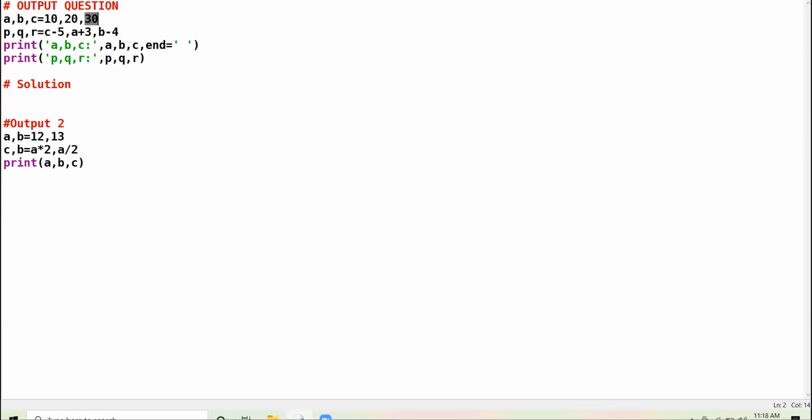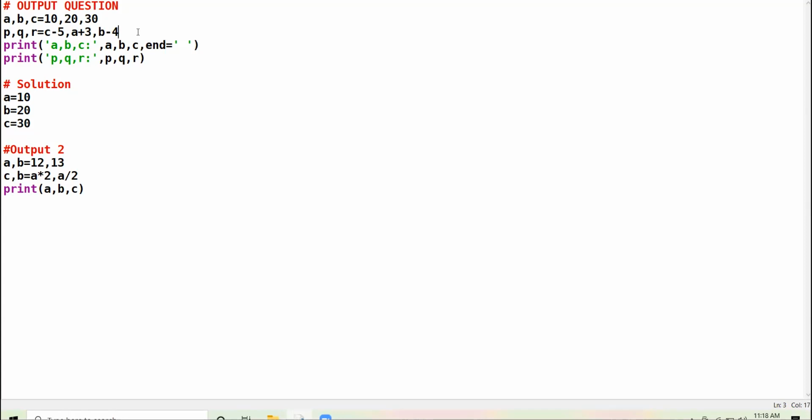Riddhi Samriddhi, tell me the value of B. 20. Very good. Divanshi, tell me the value of C. Sir, 30. So A is 10, B is 20, C is 30. Clear?